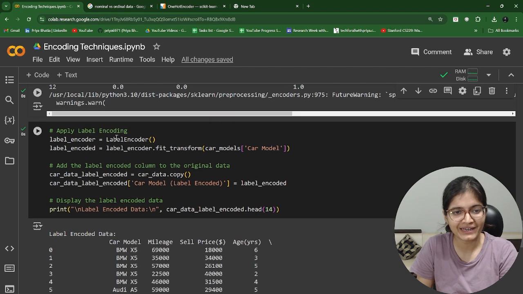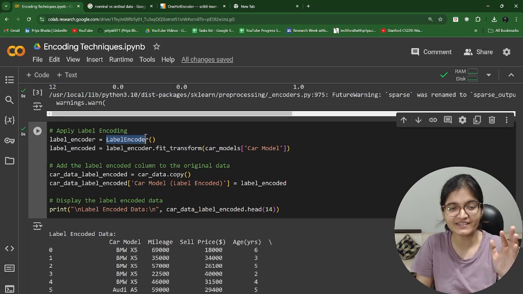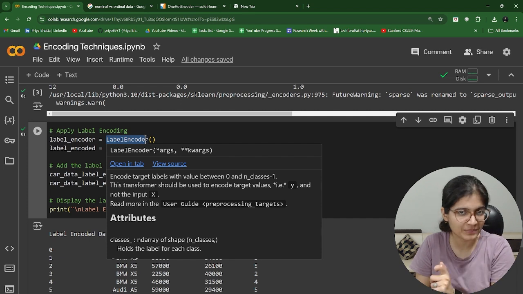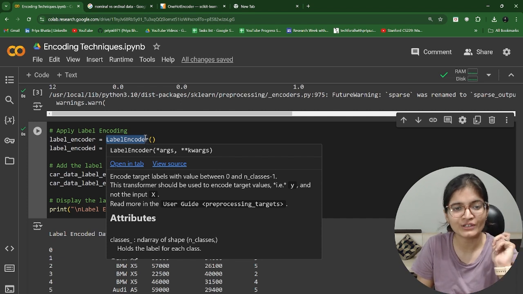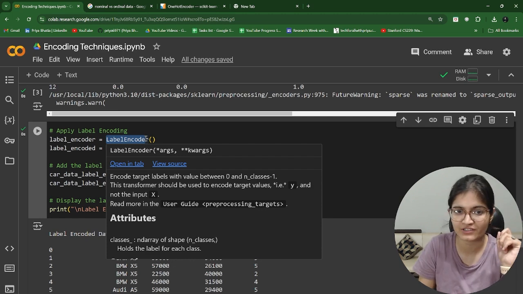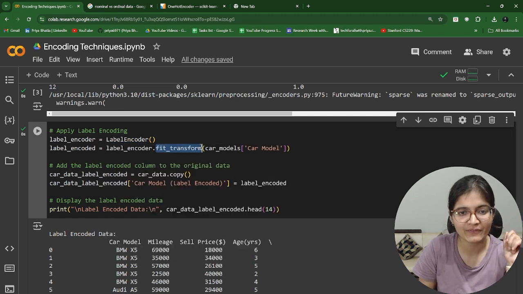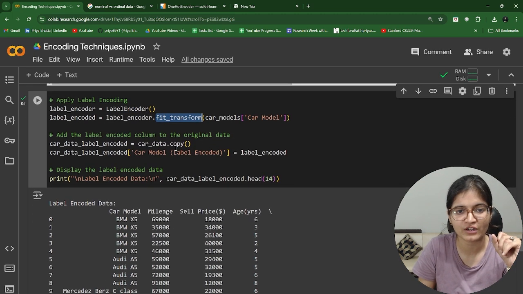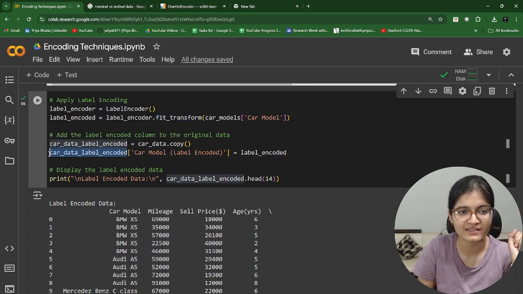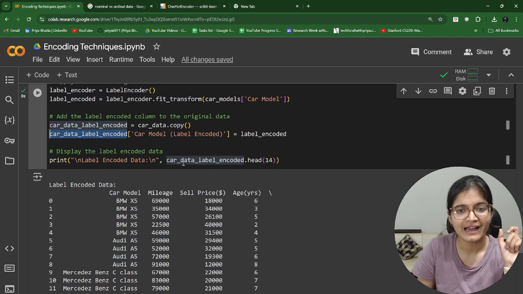Same thing we can do for the label encoder part. It's exactly the same, just the function calling will be different because the internal implementation is different. In this specific case, we don't want separate columns for the independent features. So again we apply the fit_transform function, and then we merge the complete data all together, which we call car_data_label_encoded.